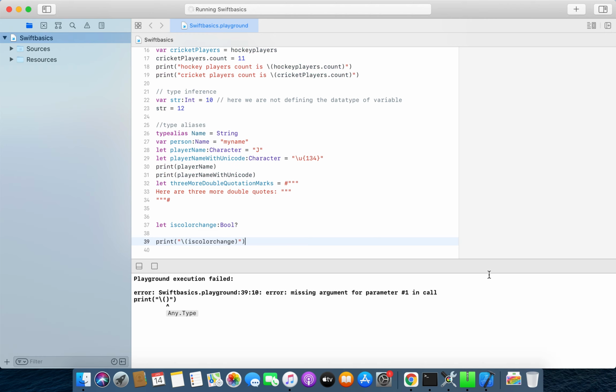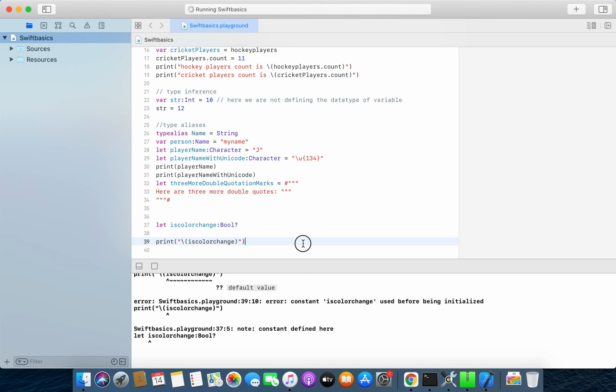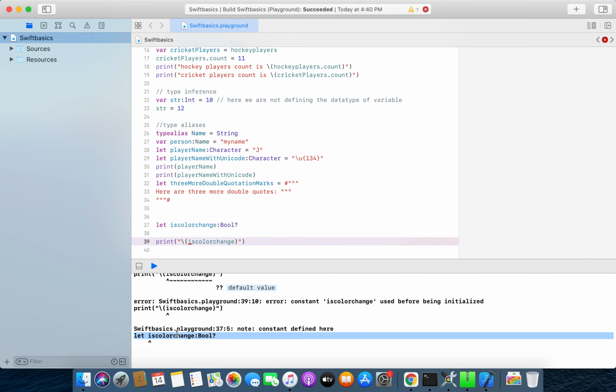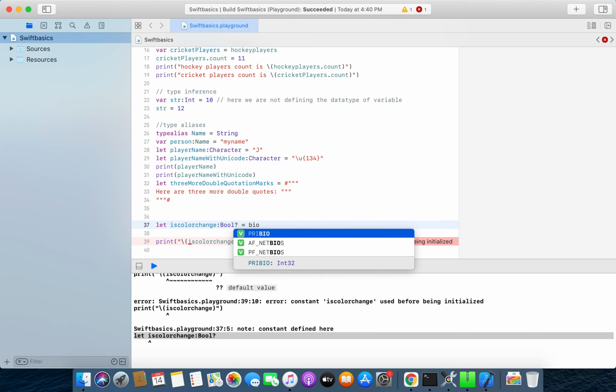It will print the value of isColorChange. It says the constant is used before being initialized. So I haven't initialized it here. It is saying please initialize this value. So how will I initialize this value? I will just do this like this.